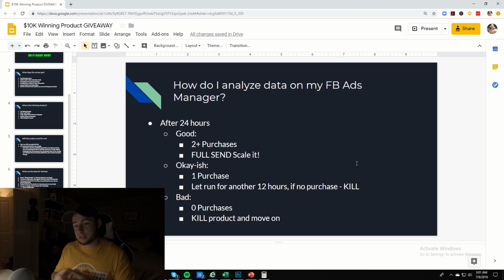So, an okay Facebook test for this product would be just 1 purchase. What I'd recommend you do in that case is to let it run for another 12 hours. If no purchase, then just go ahead and kill the product and move on to the next one. If you do get a purchase, go ahead and let it run for the full 48 hours and then see